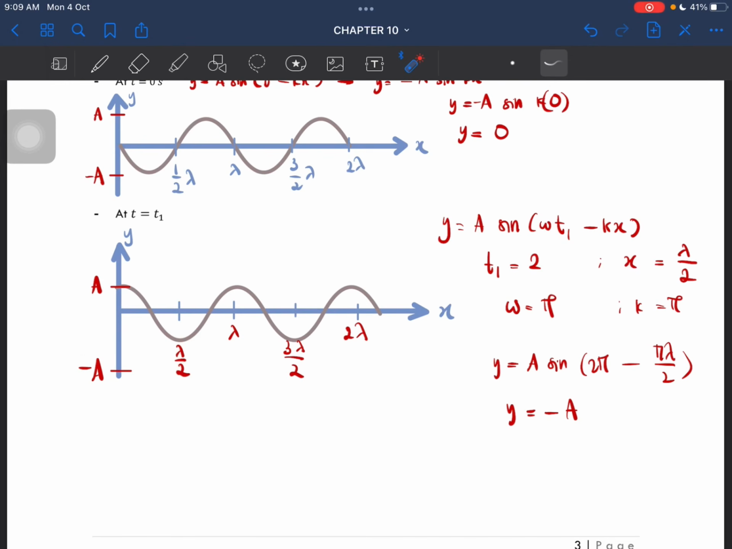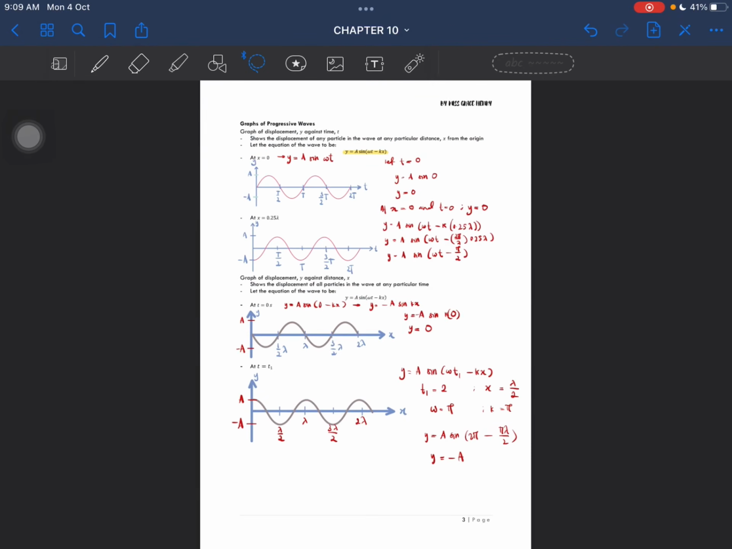Okay, negative amplitude here. Sorry, here. Okay, alright, so that is the solution. I mean the part where you need to know how to draw the graphs of